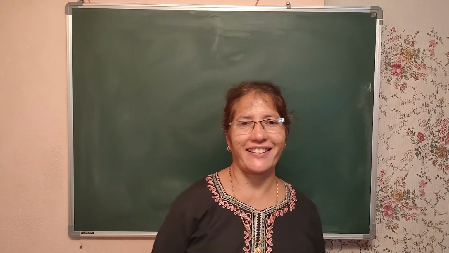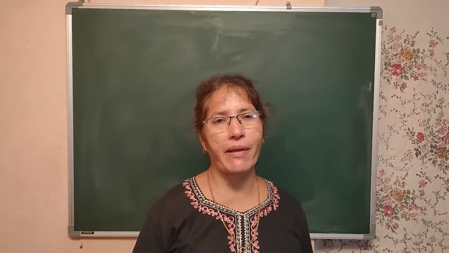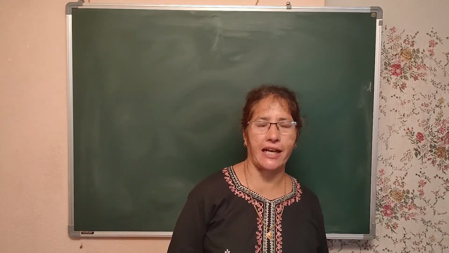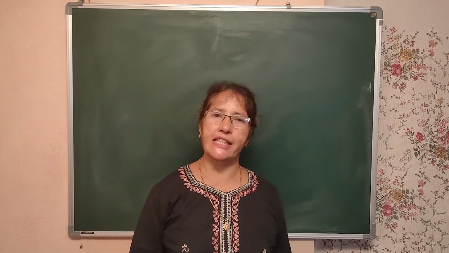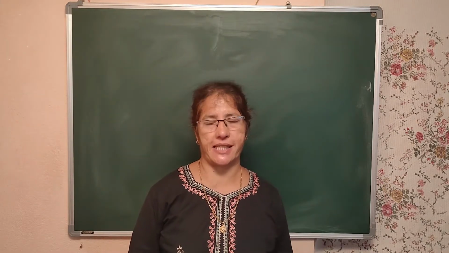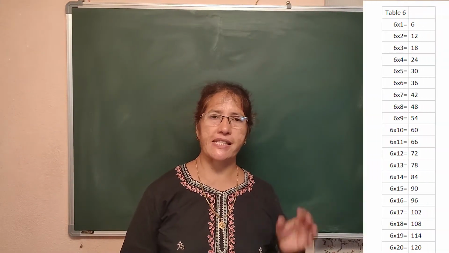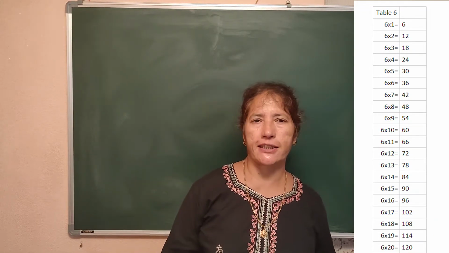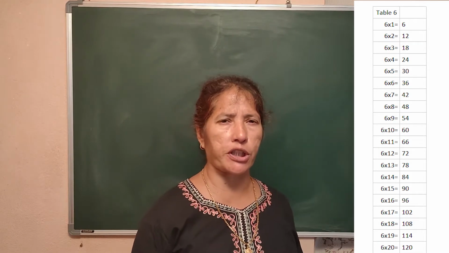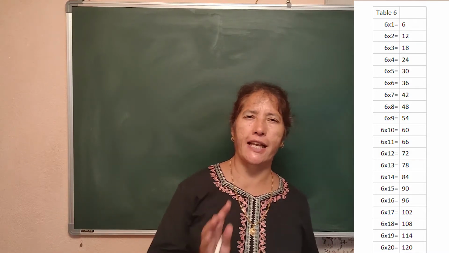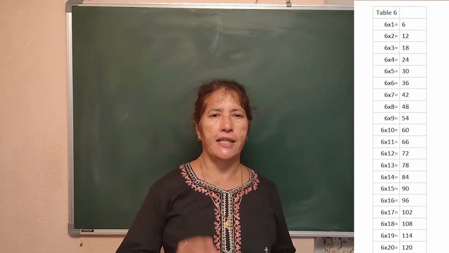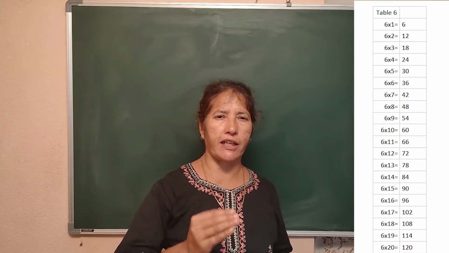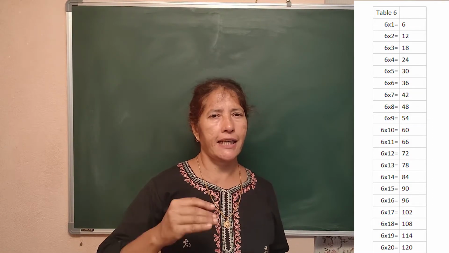Hello everyone. As I start my GMAT or aptitude class, I start with one table. Today, table 6. 6 ones are 6, 2s are 12, 3s are 18, 4s are 24, 5s are 30, 6s are 36, 7s are 42, 8s are 48, 9s are 54, 10s are 60, 66, 72, 78, 84, 90, 96,